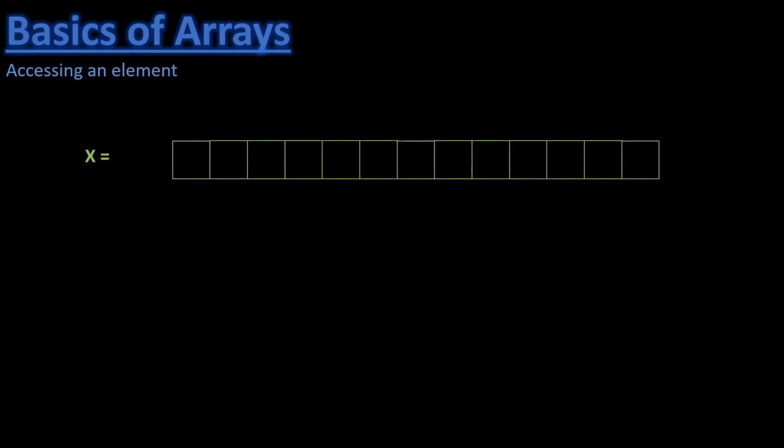Let us now see how we can access an element in the array. What we can do is to provide an index for each element. So each element in the array will have an index associated with it. Let us keep the first index as 0, then 1, and so on. Let us also fill the array up with some character values.